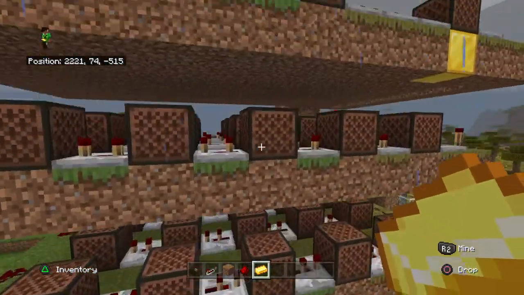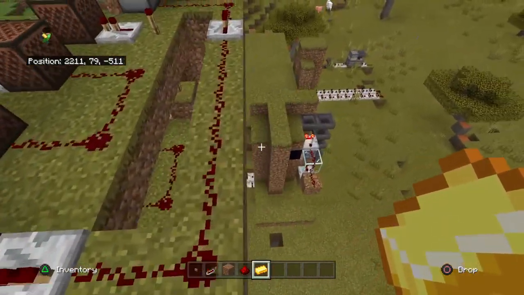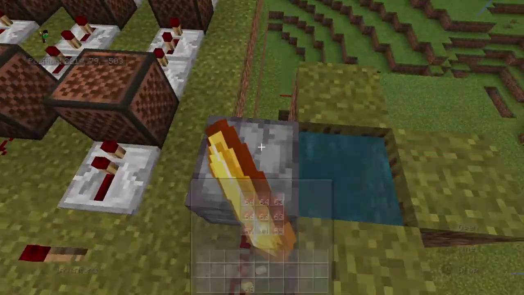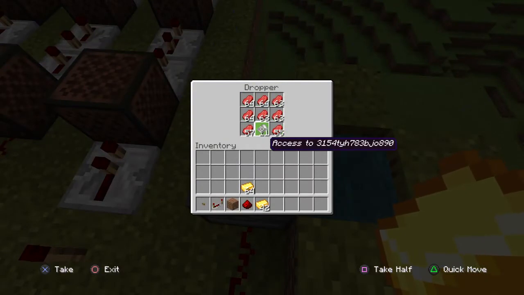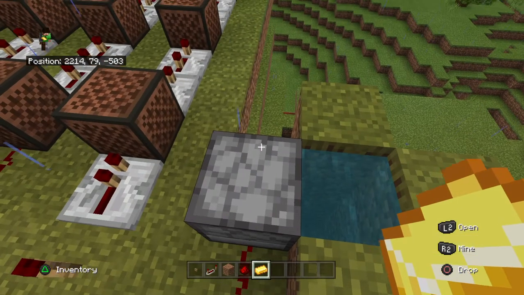And then this plays all the way until this end one, where the signal passes through, comes through here, and then it randomizes. Now, this is a randomizer because droppers don't actually drop in order, which is really good. So it's a natural randomizer. They just...